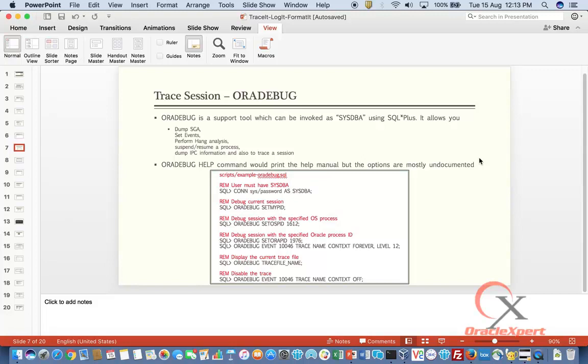Then you have the oradebug command. Oradebug is a support tool, but the limitation of this tool is it's only a DBA's tool. It comes from a DBA's toolkit, because it would require you to log in with sysdba privileges, without which you can't run oradebug. But in general, oradebug is